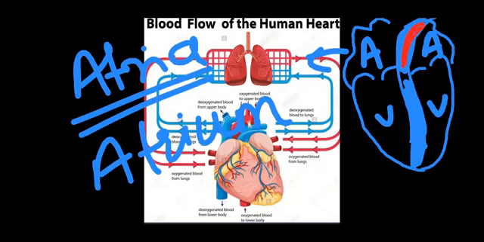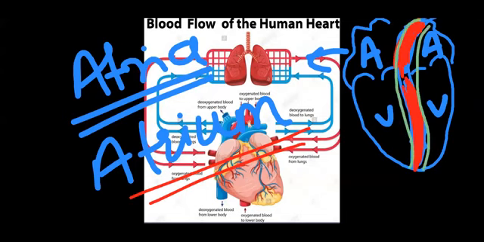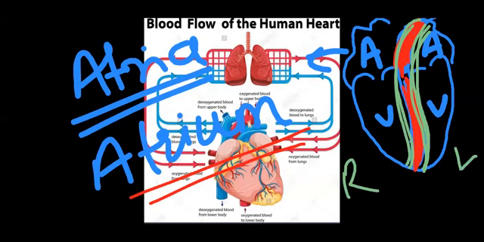This is called the auricular septum. What do we call it? Auricular septum. That is, the septum which separates the auricles, the upper chambers. And this is called the ventricular septum, the septum which separates the two ventricles. And this whole structure together is called the pericardial septum, which keeps the right side of the heart separate from the left side of the heart, right?